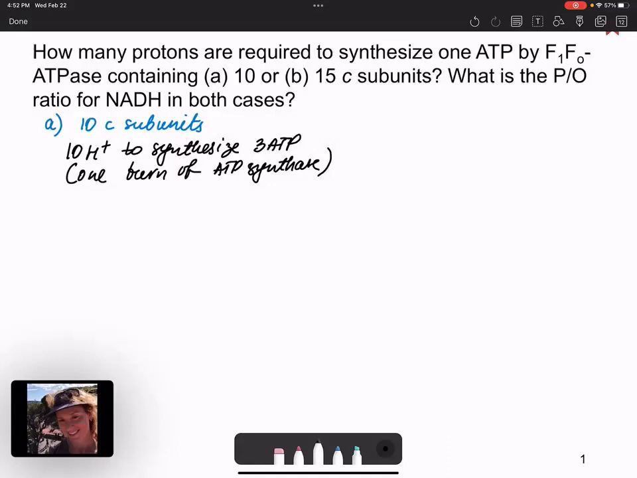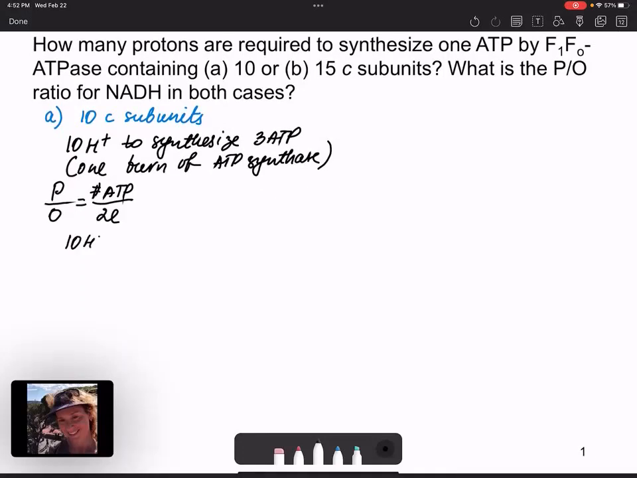Then the next question is, what is the P/O ratio for NADH in this case? So the P/O ratio reflects the number of ATP molecules synthesized using the energy provided by transport of 2 electrons, in this case, originating from NADH, right? So we know that for 10 protons, we synthesize 3 ATP. Now, NADH, those 2 electrons that are donated from NADH,